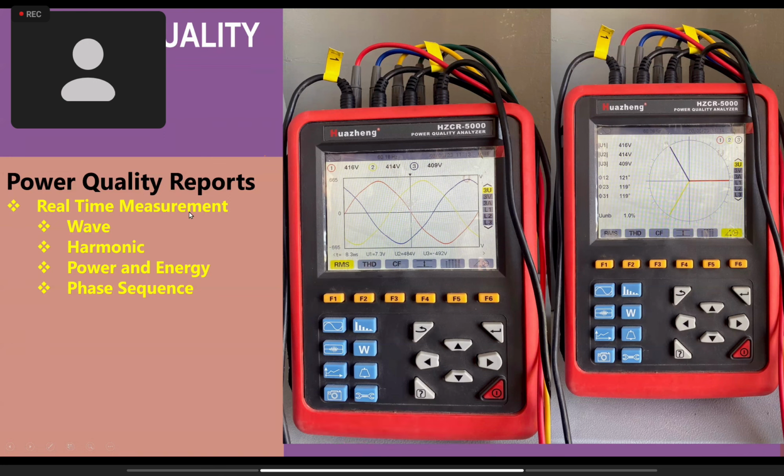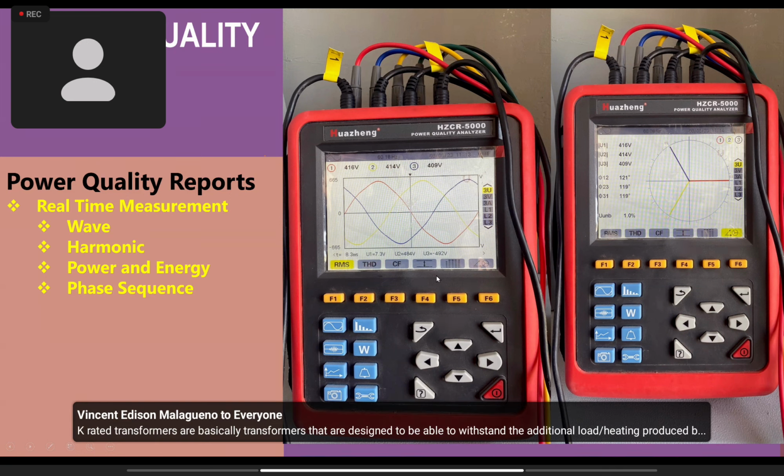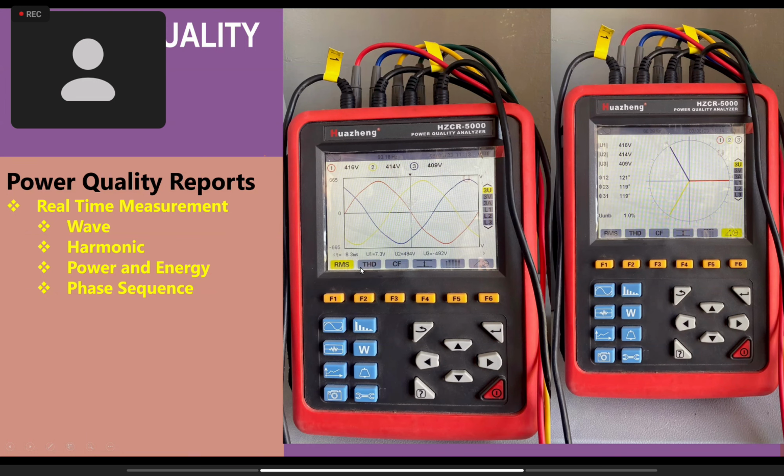Then makikita rin natin yung time for the peak voltages to occur in the system. So, meron tayong voltage dyan na umabot ng 484, 492. Define niya, merong 8.3 milliseconds na transient. Ito yung occurrence sa mga spikes. Kanina, na-define natin if it is sags or swell, sabi natin it should be 8 seconds or 8 milliseconds sa system. So, ito, kita natin meron sag ng U1, meaning line 1, meron namang swell ang